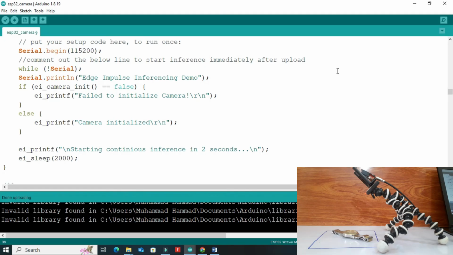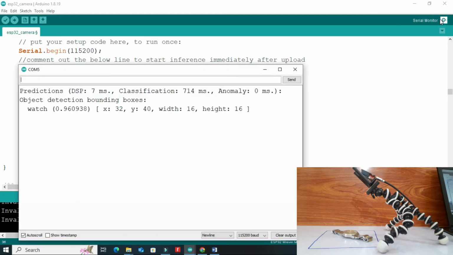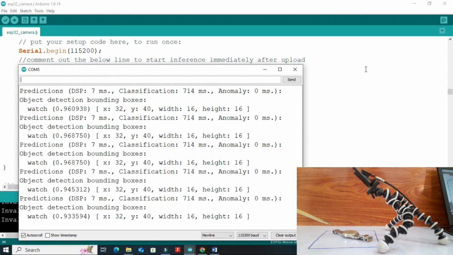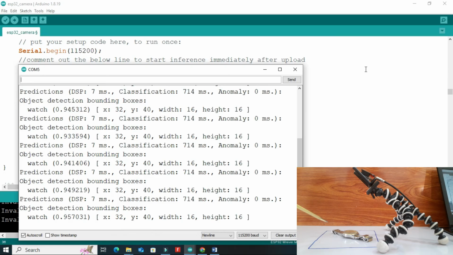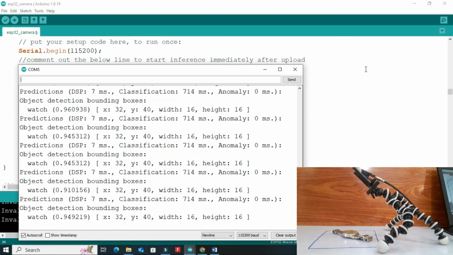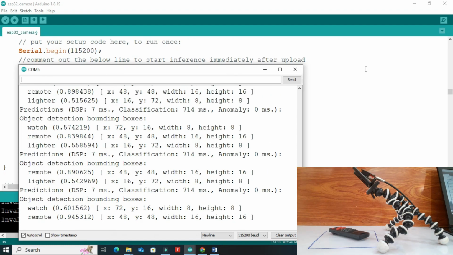Open the serial monitor. I have drawn a small rectangle frame on my board. Place your object inside the frame. Place the watch. The ESP32 can detect and prints watch. Place the remote.